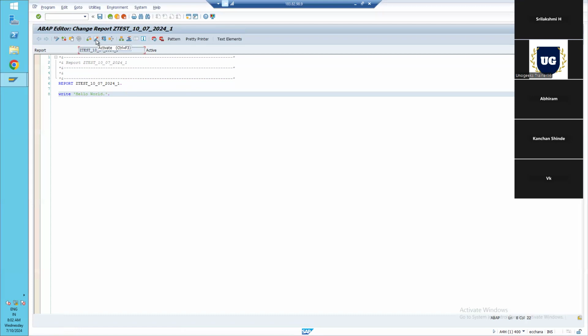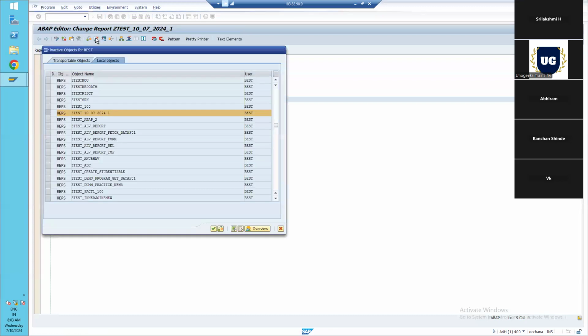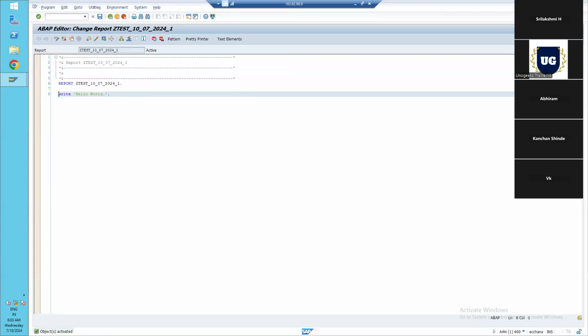Then only this will be effective as the latest code and this status will be active. Let's say on the screen I just clicked on a space and saved it. Now it again came into inactive state. So just activate it. Currently this is in active state. So this is a very first demo program using the write statement